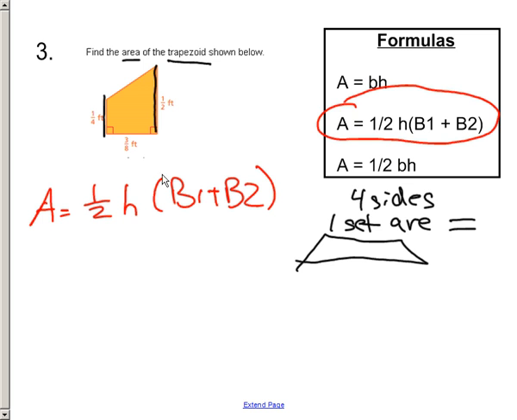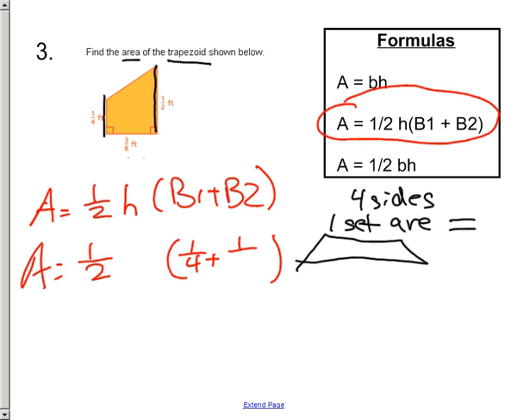So let's figure out what the height is, what base 1 is, base 2. We'll substitute and solve. All right, so we'll start with half. That stays the same. Half of the height. In order to figure out what the height is, let's figure out what the bases are first. So again, bases have to be parallel. So this line and this line are actually your bases. It doesn't matter which is base 1 or base 2, but let's say 1/4 is base 1 plus 1/2